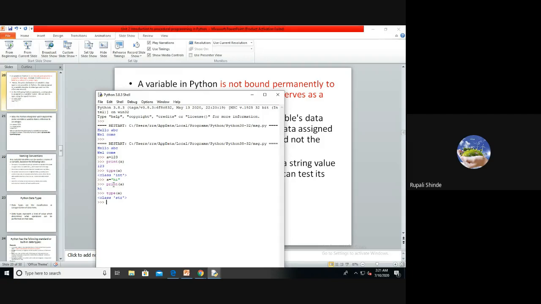That's why the type of A indicates the data type of the value which we store into the A variable. Are you getting the Python variable?